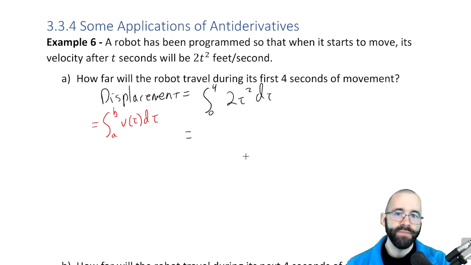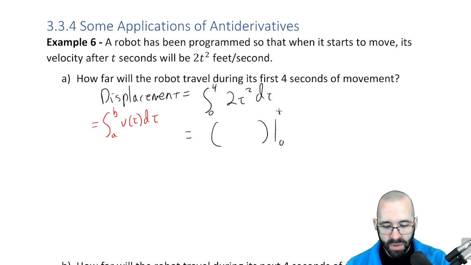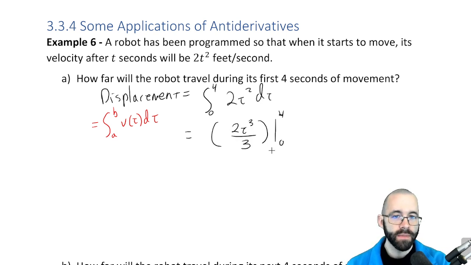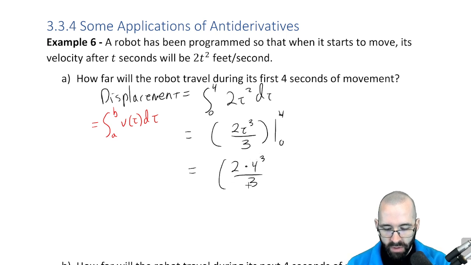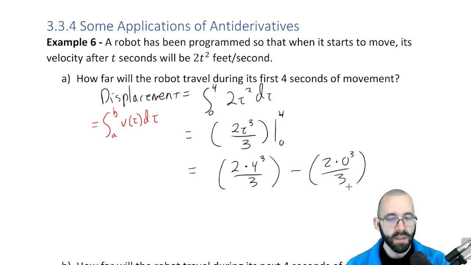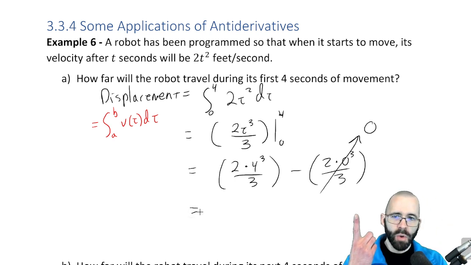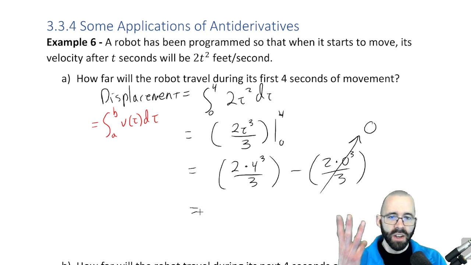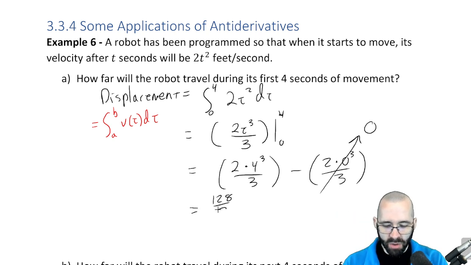And at this point, now it's just like last section. Take the antiderivative, evaluate it between 0 and 4. We add an exponent, and we divide by that exponent. We plug in 4, 2 times 4 cubed over 3. We plug in 0, 2 times 0 cubed over 3. I like this one. This second parenthesis is just 0. Over here, 4, 16, 64 times 2 is 128. We get 128 over 3, which is like